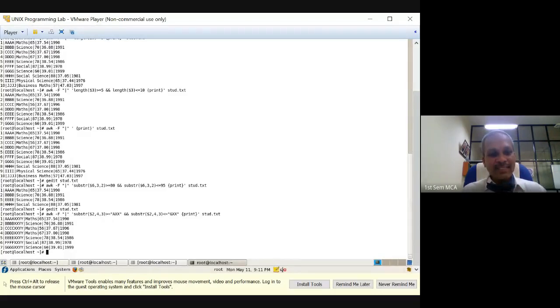Anything beyond G, that is H, I, J, that is 8, 9, 10, they're not displayed because that's how the substring is going to be. So substring is very similar to your C or C++, wherein the first one is your original string or a source string, followed by the index or the starting position at which you want to start extracting the substring, and the number of characters post that you want to extract. So this is how the process is going to happen. So that is the concept behind substring.